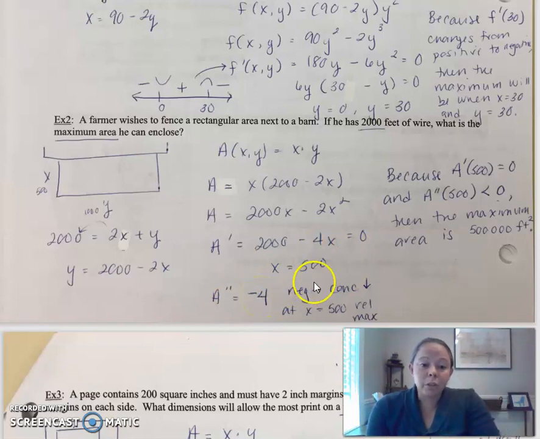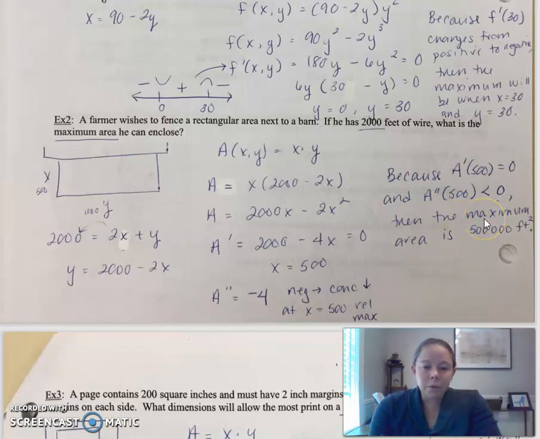So at my critical number of 500, it must be a maximum. Oh, and that helps me justify. So because the first derivative at 500 equals 0 and the double derivative at 500 was less than 0, so we do have a critical number and the double derivative is less than 0, then the maximum area is,